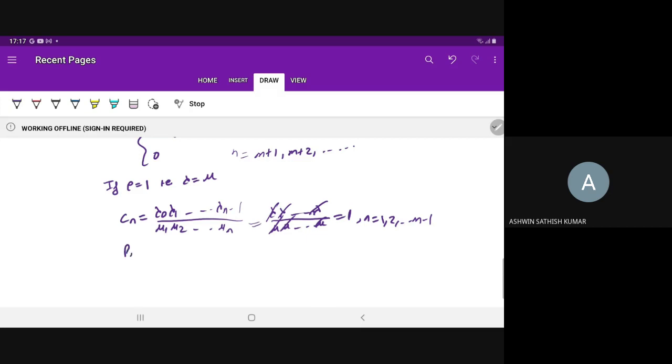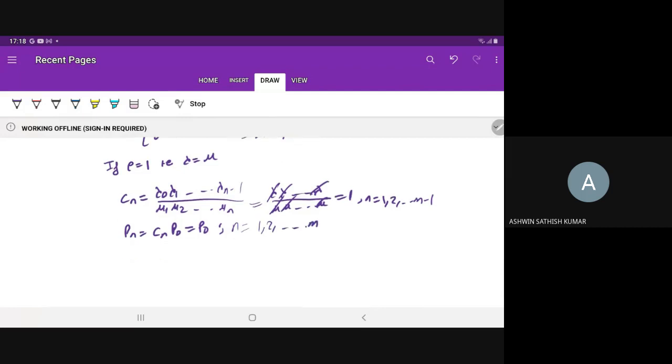And we know that pn is Cn into p naught, that is p naught, for n is equal to 1, 2 up to m. So Pn is equal to p naught. And by the normalizing condition,